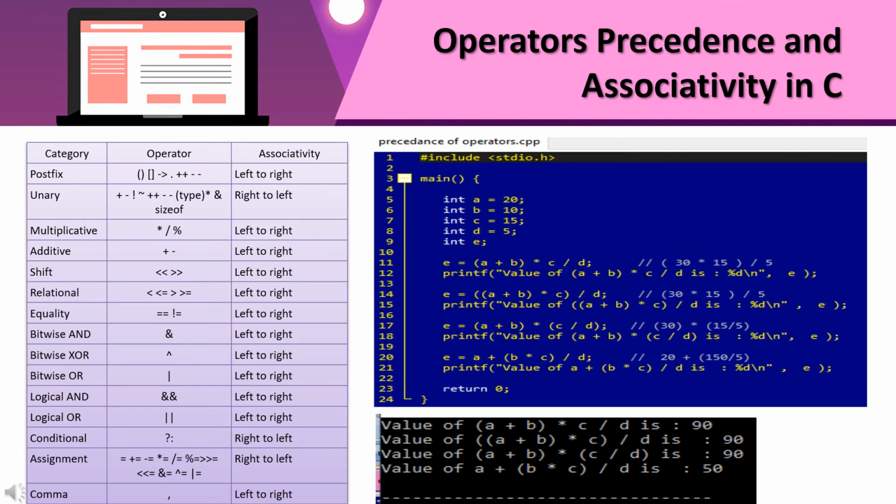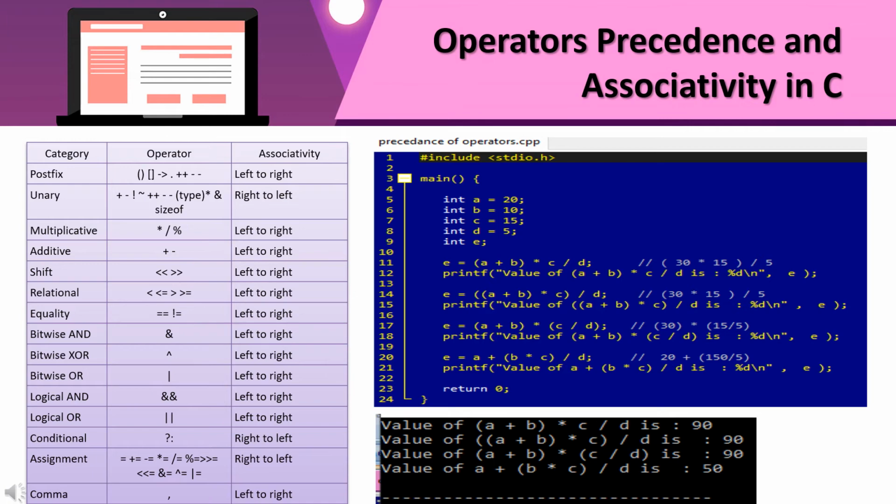Now let us talk about operator precedence and associativity in C language. Operator precedence determines which operator is performed first in an expression with more than one operator with different precedence. As you can see in this chart, the postfix operators' associativity is left to right.